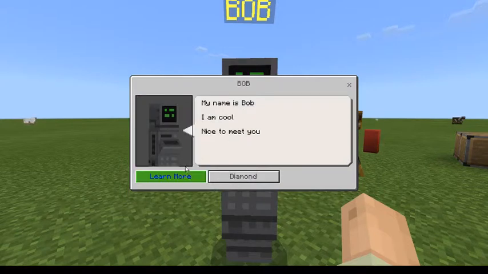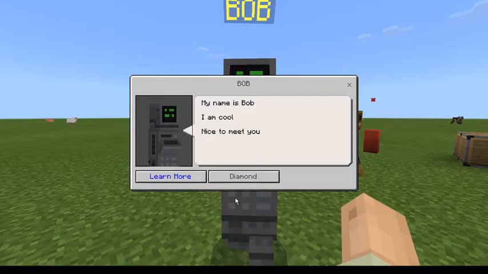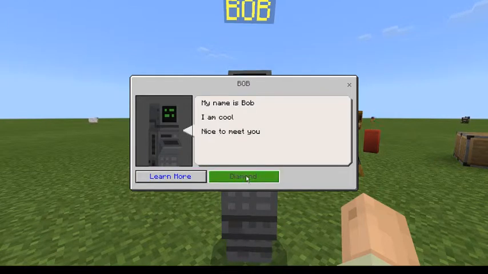So now if I go to edit dialog, I can see this learn more button. It is in blue, so it means it's a URL. And the other type of button that I made over here is called diamond. So if I press on this diamond,